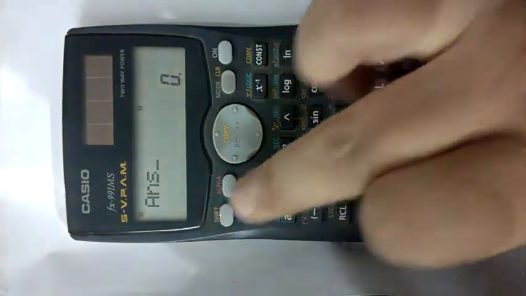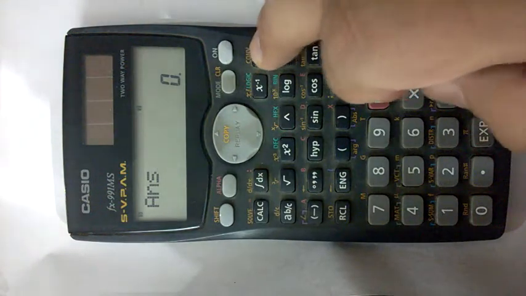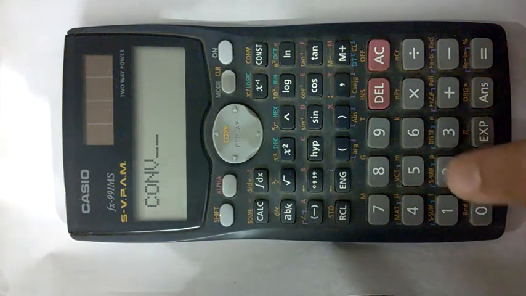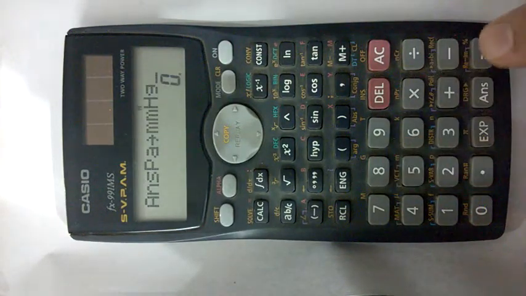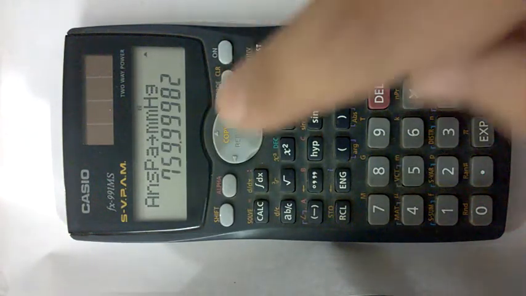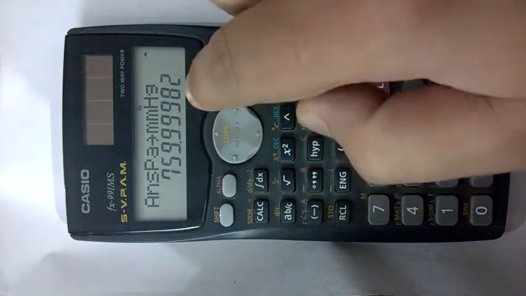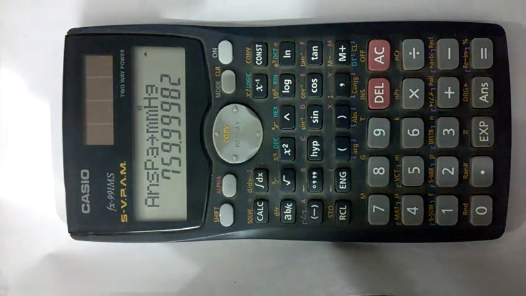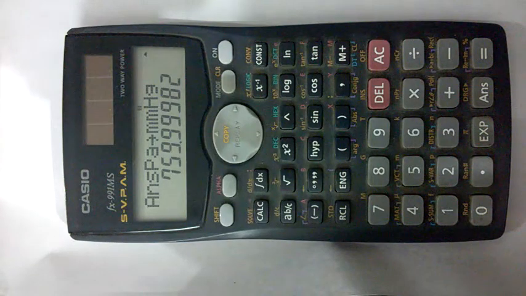Then go shift, then go CONV, then go 28. 760 mm of Hg. As you can see, it is approximately close, and by rounding off you can see the value has been converted. So these are some examples which we can do in unit conversion.